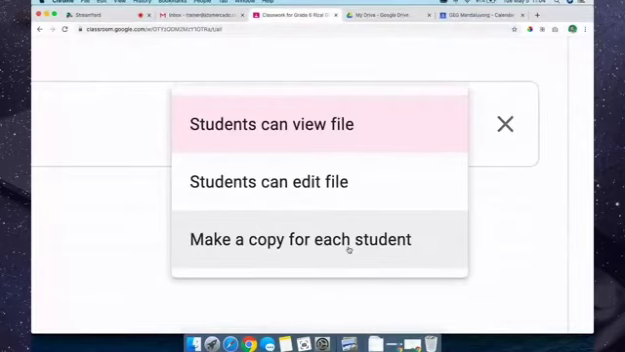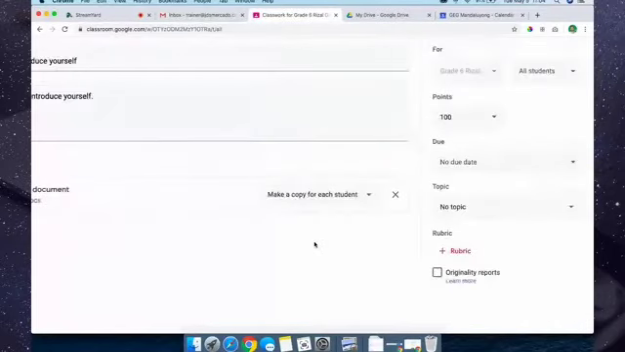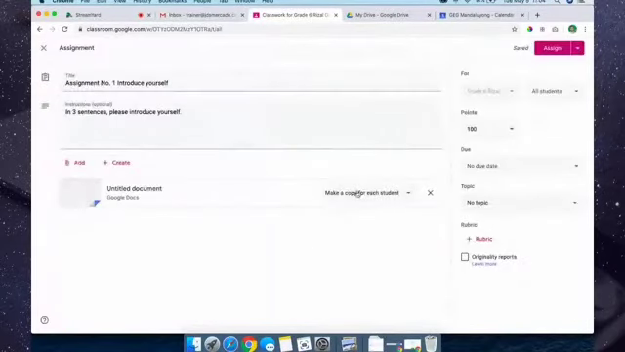Okay, kung 40 students ang meron ka sa klase, nag-print ka ng 40 tapos pinamigay mo sa kanila isa-isa at dun sila magsasagot. In Google Classroom, the best way to give assignments is make a copy for each student. Okay? Ayan. So, na-make a copy na natin para sa mga estudyante natin. Now, pumunta tayo sa